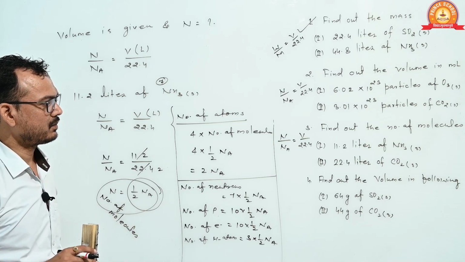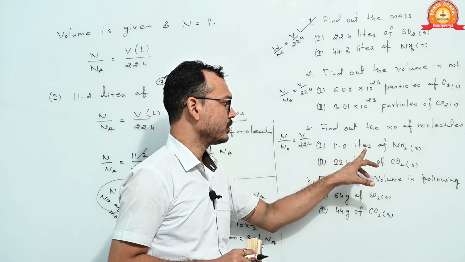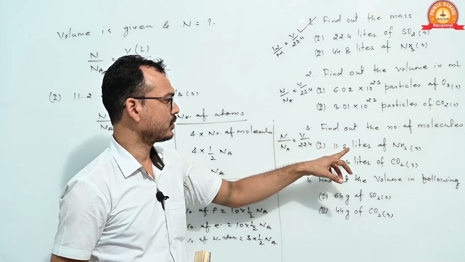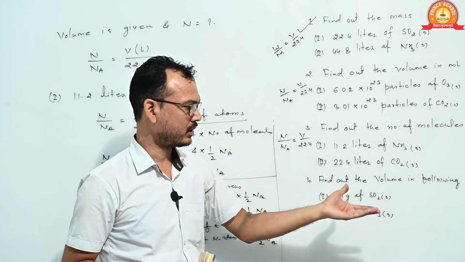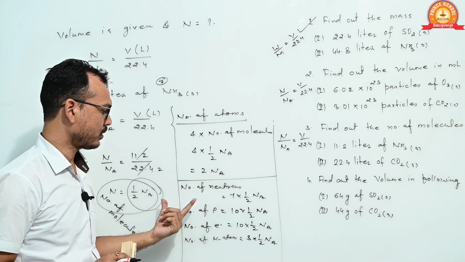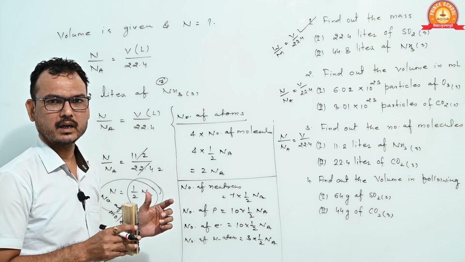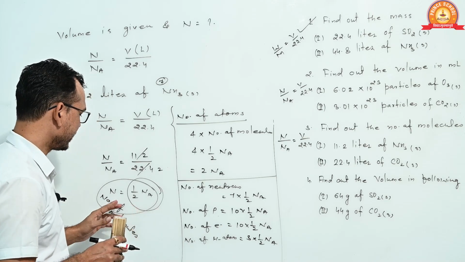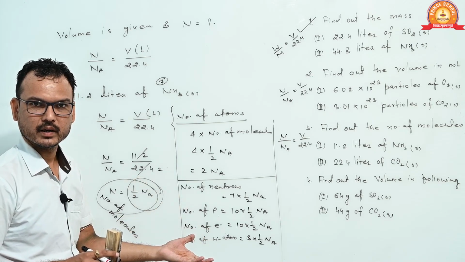अब सपोज कीजिए आप इसी क्वेश्चन के अंदर एग्जामिनर ने मेरे को ये पूछा होता 11.2 लीटर के, फाइंड आउट द नंबर ऑफ न्यूट्रॉन. Find out the number of neutron in 11.2 liter of NH3. Find out the number of hydrogen atom, find out the number of atoms, find out the number of neutron, proton, electron and hydrogen atom. ये सब निकालने के लिए आप इनिशियली क्या करते हैं, हम सबसे पहले नंबर ऑफ मॉलिक्यूल्स निकालते हैं, फिर ये देखते हैं कि वन मॉलिक्यूल में कितने इलेक्ट्रॉन थे तो इतने में कितने होंगे. इज दैट क्लियर?